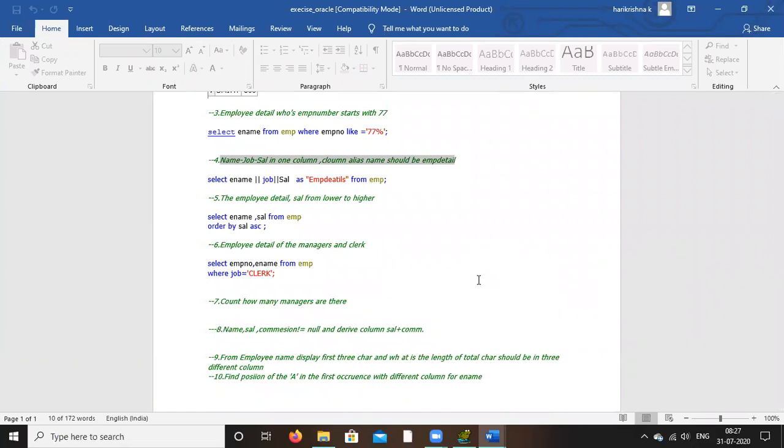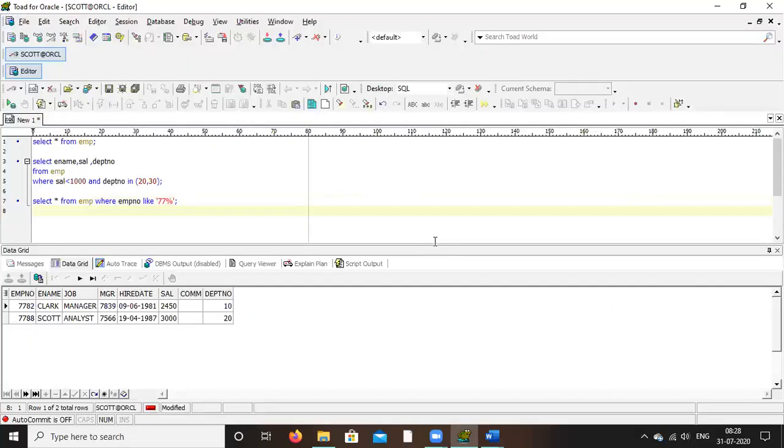Name, job, salary. Okay. So name concatenate with job, concatenate with sal. Okay. So in between just give hyphen. Select name, concat, then hyphen.